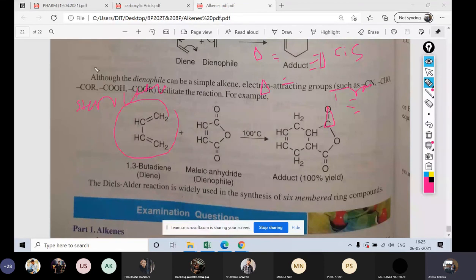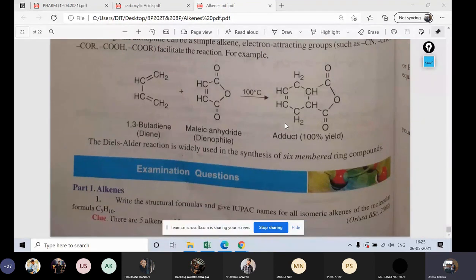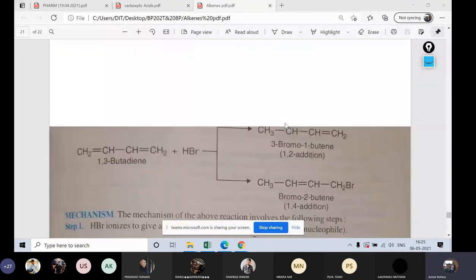Diels-Alder reaction. And the application part is that a lot of drugs can be synthesized using this chemical reaction, like different steroid molecules, then many more drugs: anti-cancer, antibacterial, antifungal. Okay, a lot of drugs I showed you last class. Go to the link, and I believe you have prepared the notes for that, right? If not, please go and see the video and try to prepare it. Fine. This much for your class.